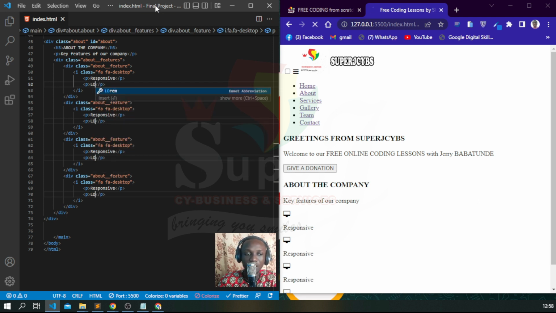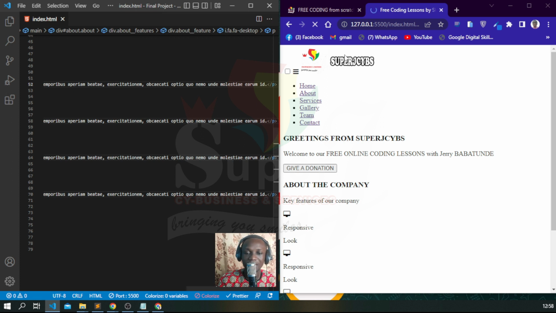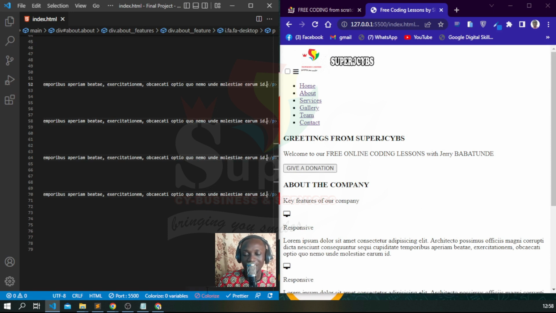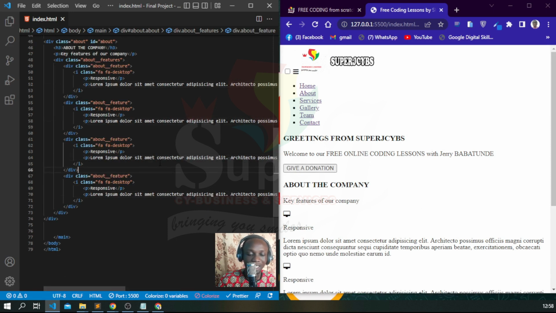And so I'll say look onto us. I will just use lorem. It is very easy and very quick to try. And then as you can see, I have icon, topic, and then the text, icon, topic, text for all 4 times. So the next thing that I'll have to do is just to